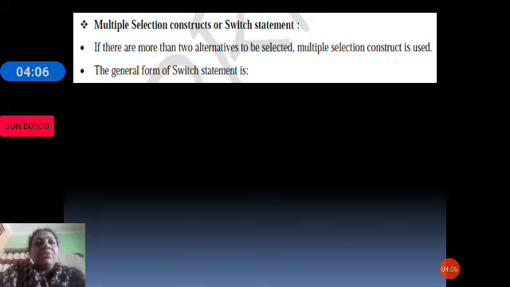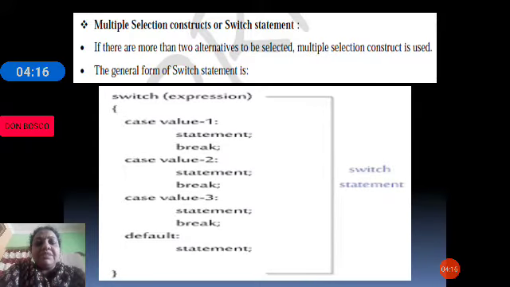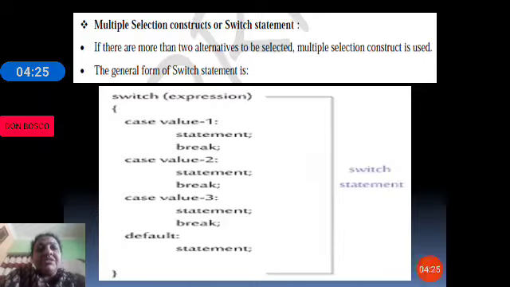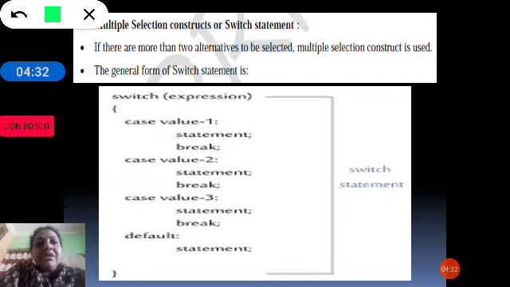So let's check out what the switch statement is. In the switch statement, we are giving an expression, and based on that, multiple statements are executed. For example, switch, we have an expression.